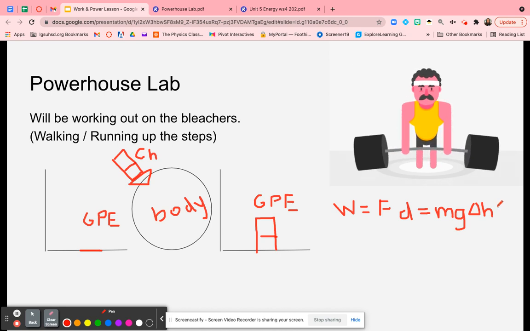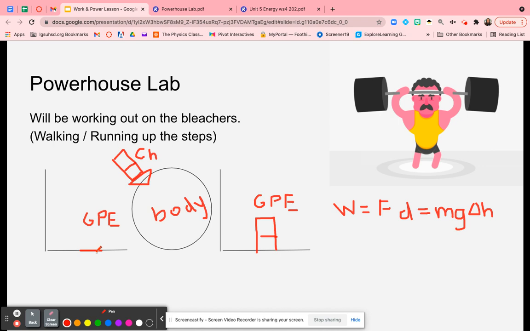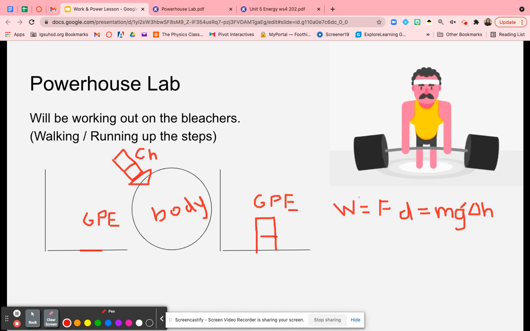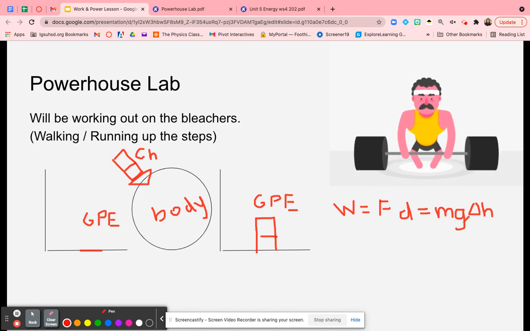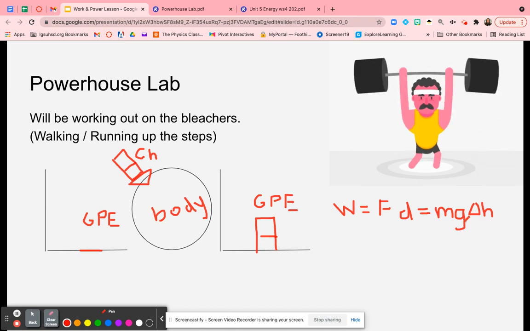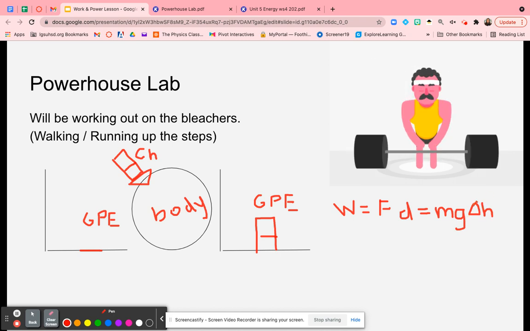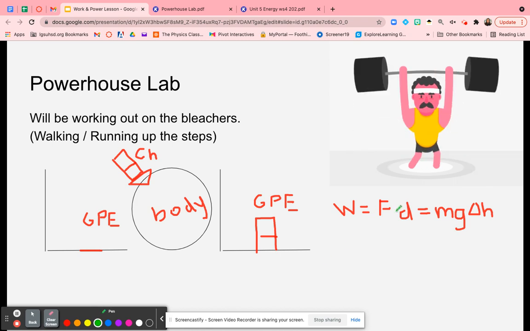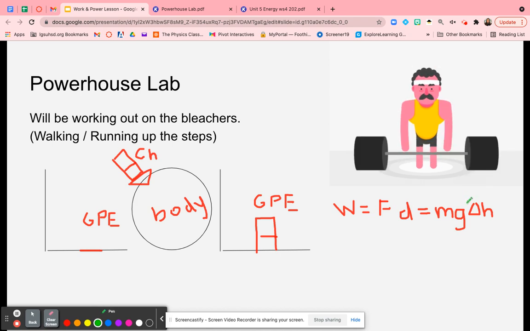And a change in energy means that I need to be changing height when I'm talking about gravitational energy. Obviously, mass can't change. Gravity is still on Earth, 9.8. So the only thing that can change is height. Now, I want you to think about how force times distance and mass times gravity times height could possibly be